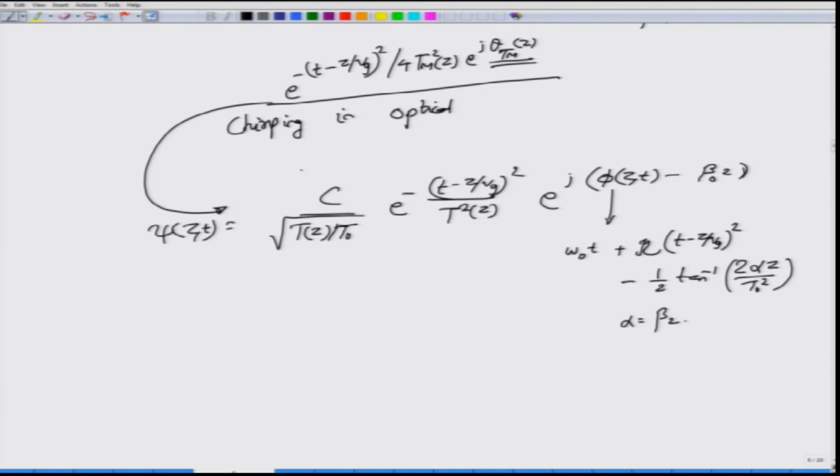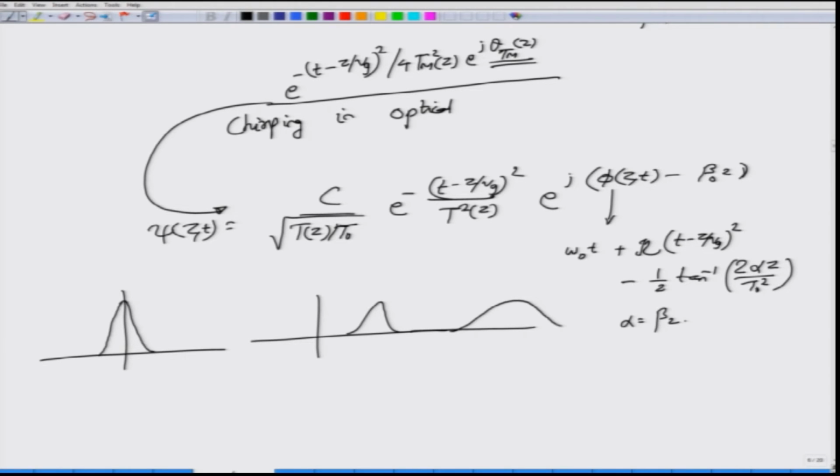And what is interesting about this is that at z equal to 0, you might have a certain pulse, a Gaussian pulse, but at a different value of z, the pulse would actually nicely spread out, and this width is given by this T square of z, or rather it is a function of this T square of z. You will also see that if you look at it in terms of its carrier frequency,